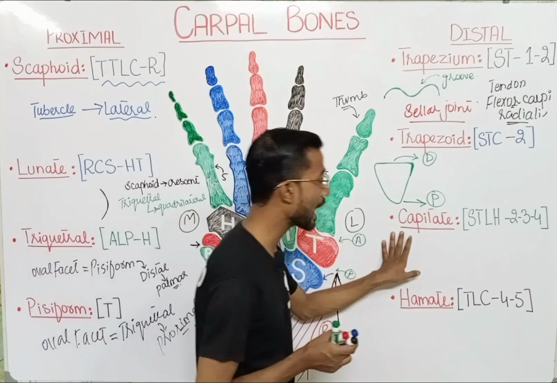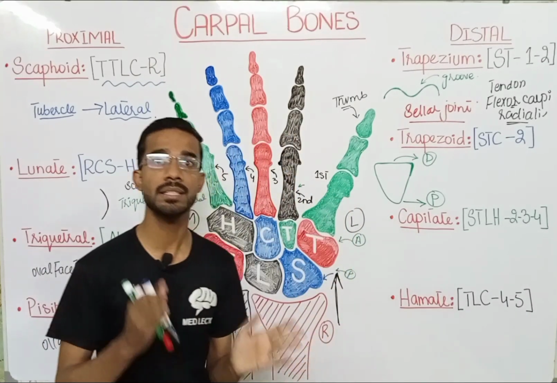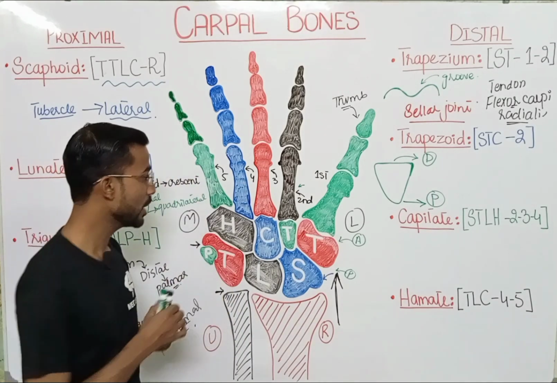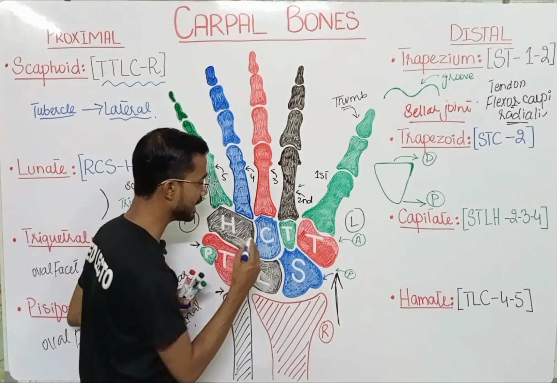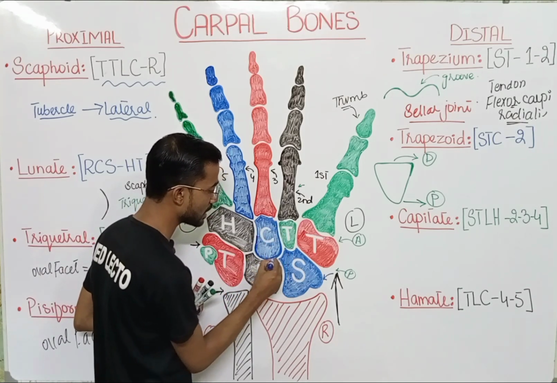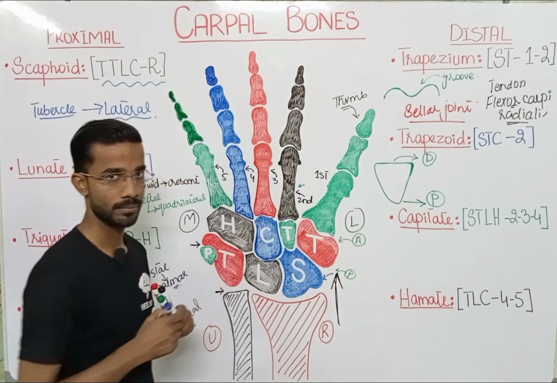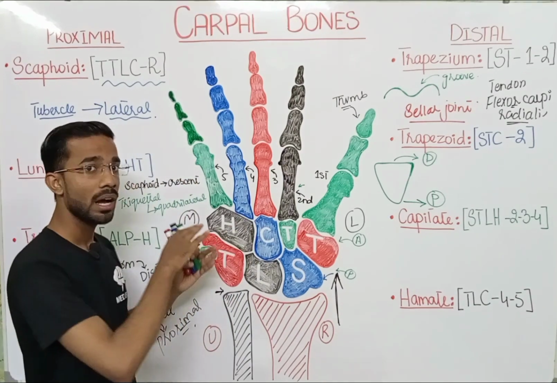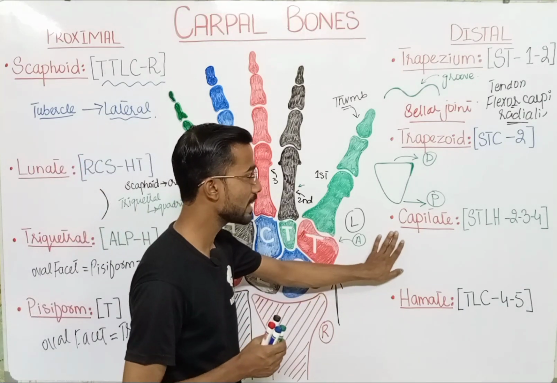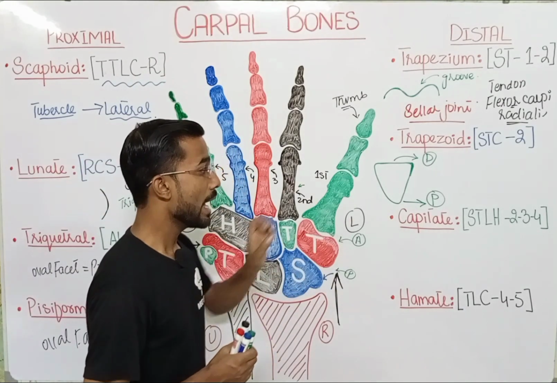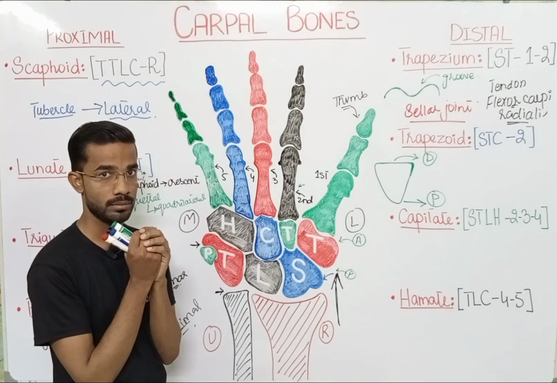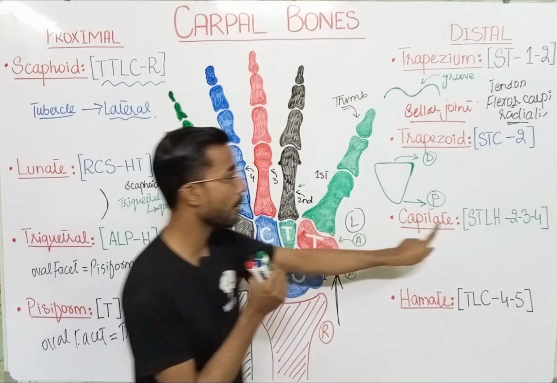So next is the capitate. Capitate means head. Okay, why do we say the capitate has a head? If you see clearly, at the proximal aspect you will see the clear head. Okay, and that goes towards the lateral side. Okay, and that is actually the capitate bone. And the capitate bone will attach to different bones as well. Like you will remember it by the